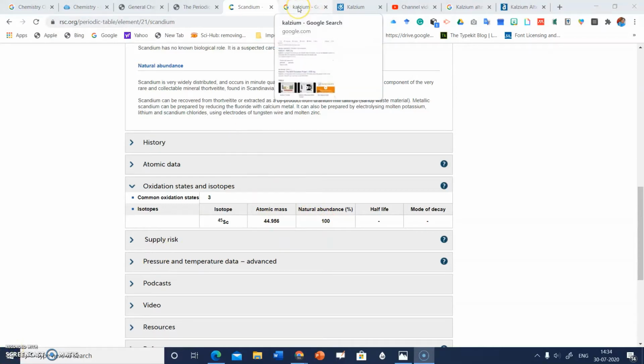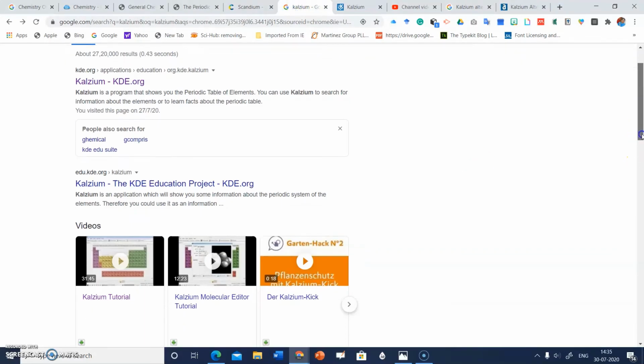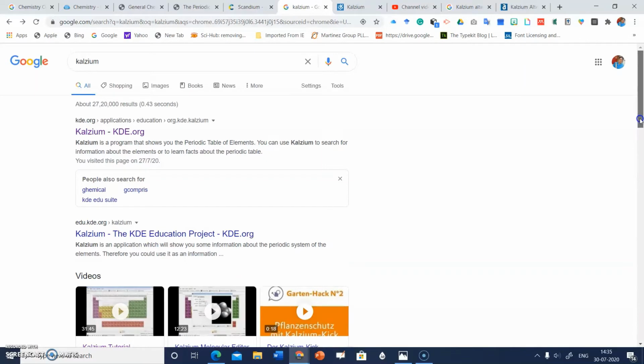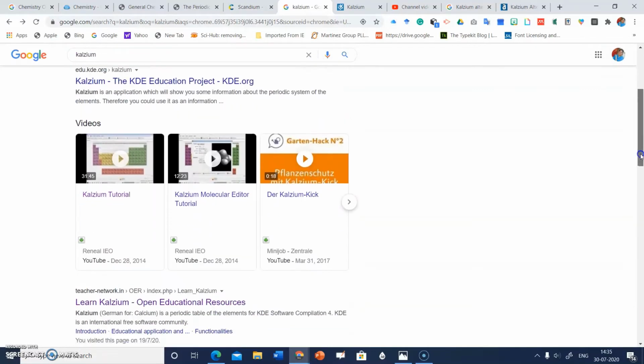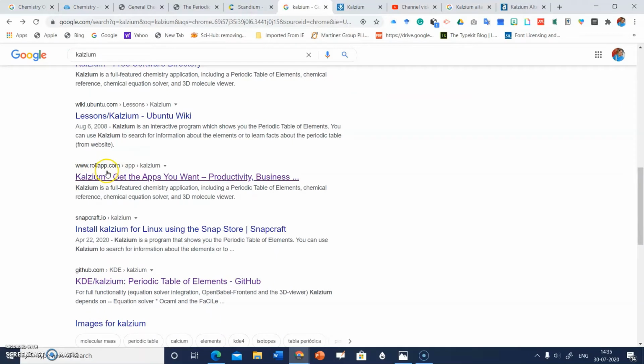Calcium is installed on the Linux operating system only, and if you want to install it on your Windows, that is not possible because the Linux operating system is required. But there is another option that is provided by www.rollapp.com. If you click on this link for installing,